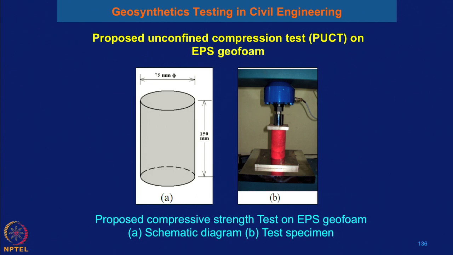Instead of the cubical shape of the specimen, as you have observed, we have performed the compressive strength test of the EPS geofoam material on different cubical specimens. It may be 50 by 50 by 50 or 75 by 75 by 75 millimeter, or 100 by 100 by 100 millimeter, and 200 by